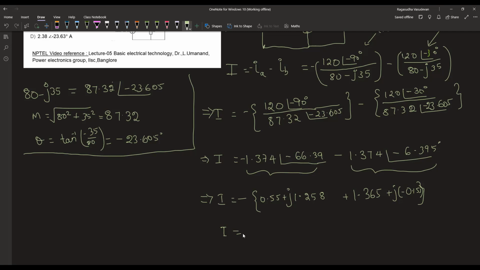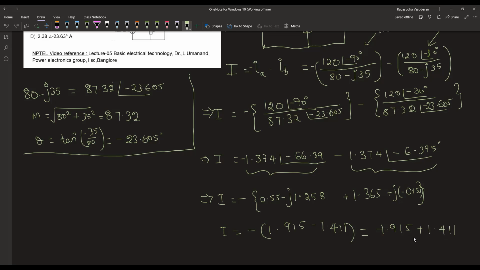So I will be 1.365 minus 0.55, which is minus 1.915, and minus 1.411. So this is minus 1.915 plus